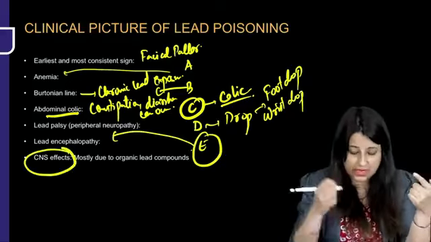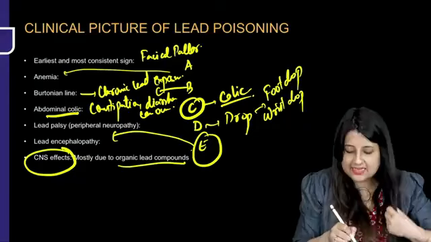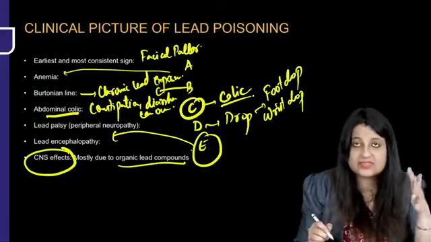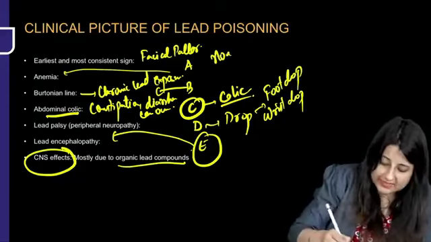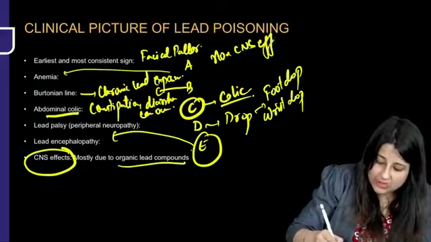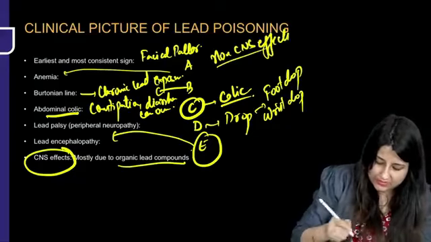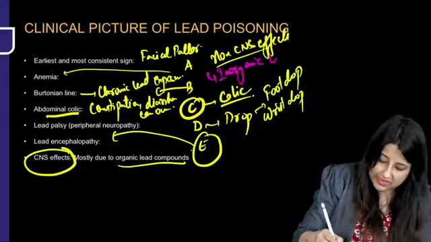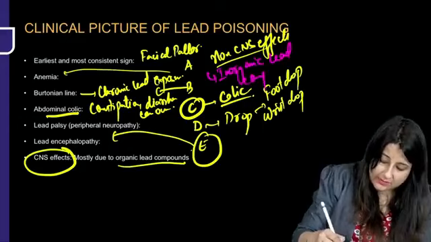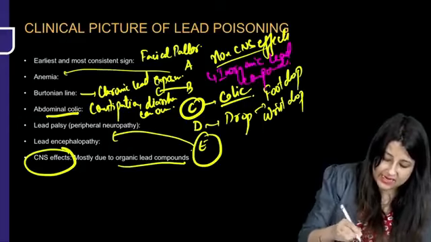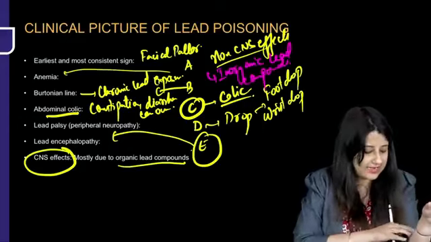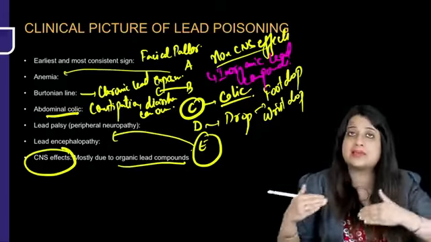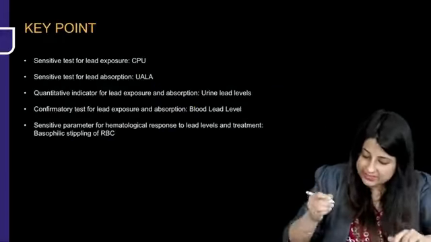Now one more thing. The CNS effects which happen are due to organic lead compounds. And all the rest, non-CNS effects, please remember, are due to what? Non-CNS effects are due to inorganic lead compounds. But CNS effects, everybody, are due to what? That is due to organic lead compounds. You can just remember it as A, B, C, D, E. Key point, again, this is a famous